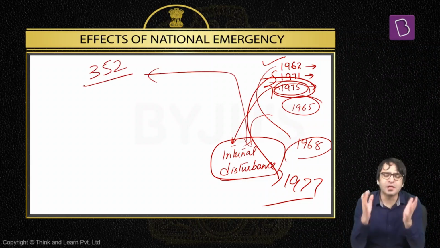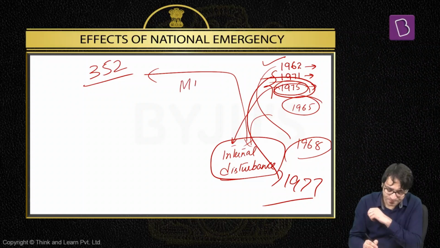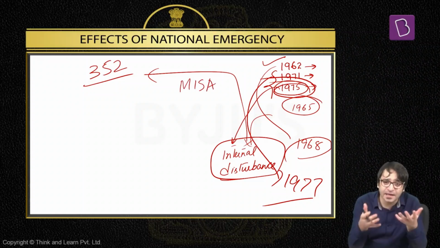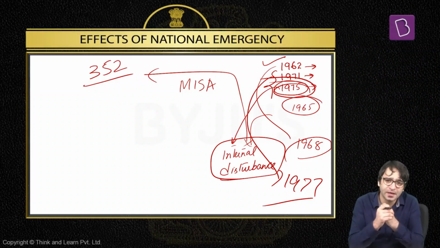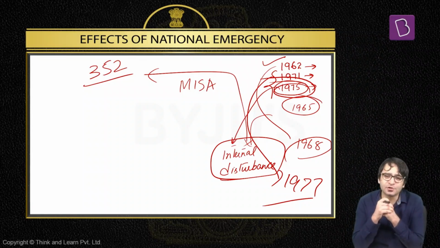And numerous human rights violations were committed during that emergency period. And you would know during this national emergency, a draconian law was also passed, NISA, Maintenance of Internal Security Act, under which student leaders, activists, trade union leaders, opposition leaders were arrested. And in fact, anyone arrested under NISA had no legal option as well. He was not provided any legal avenue to take back his liberty. Such was the draconian nature of this law, NISA, Maintenance of Internal Security Act.